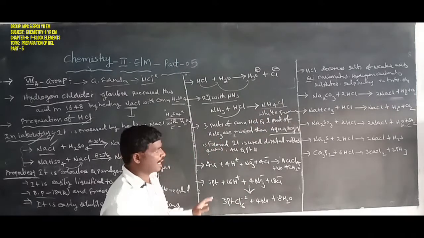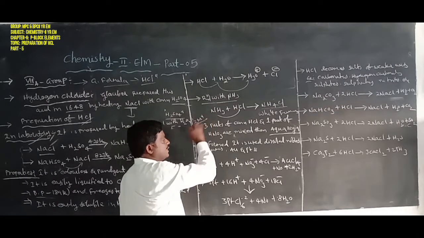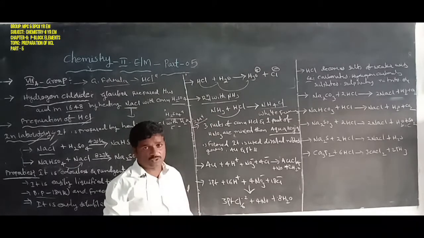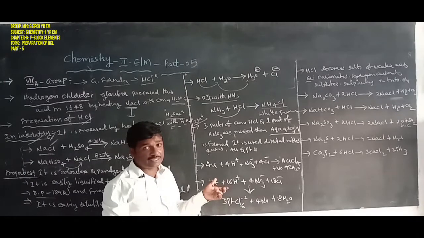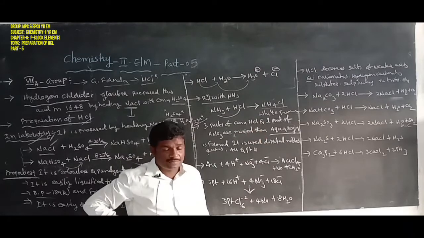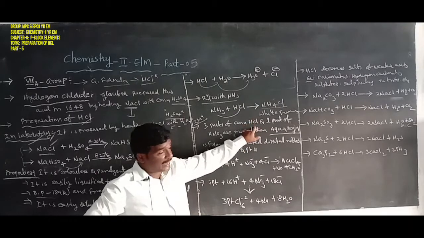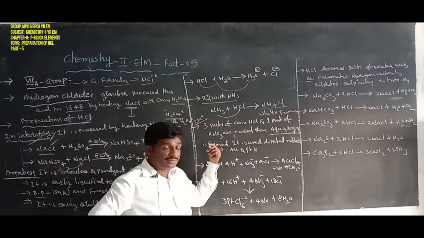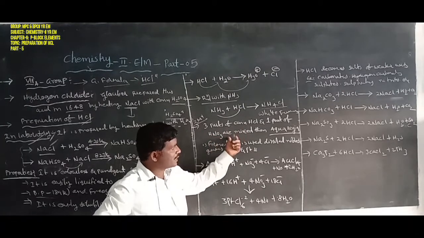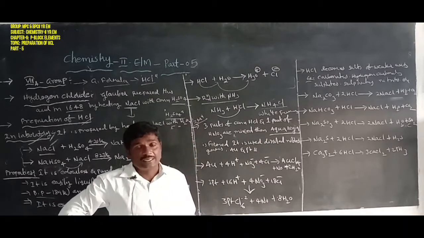Next, aqua regia. Here is a very important 2 marks question: What is aqua regia? Its reaction with gold and platinum. What is aqua regia? It is 3 parts of concentrated hydrochloric acid, also known as hydrogen chloride, and 1 part of concentrated HNO3, also known as nitric acid. Those 2 mixed together are called aqua regia.